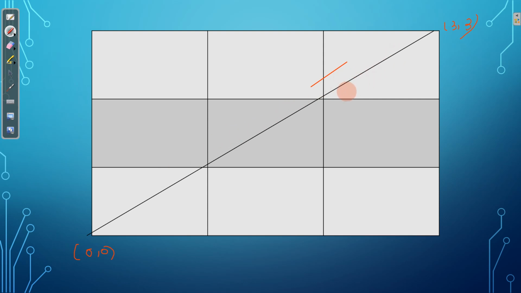Suppose this diagonal line is the border of a country, and you have to find in how many ways you can move from 0,0 to 3,3 using only right and up moves without crossing the diagonal. One possible way would be going right, then up, then right, then up, then right, then up. So this is one valid move.